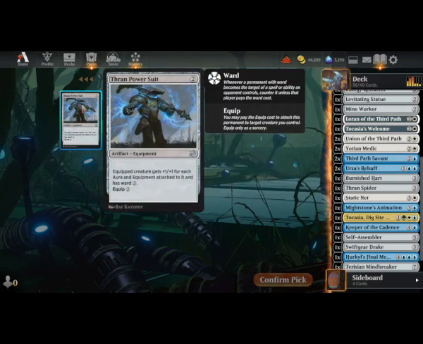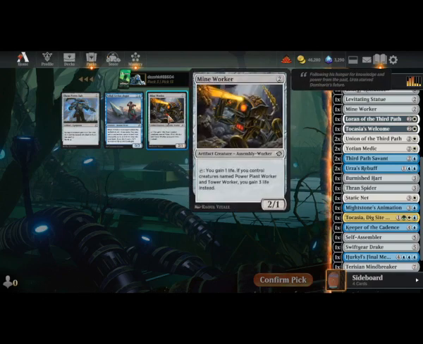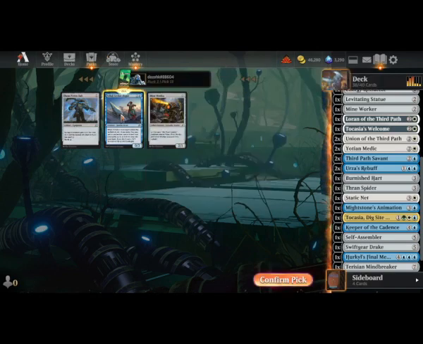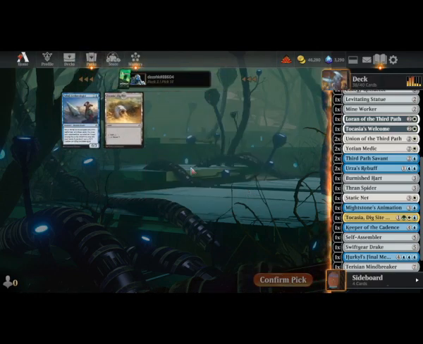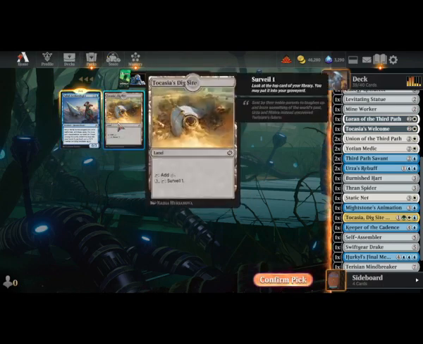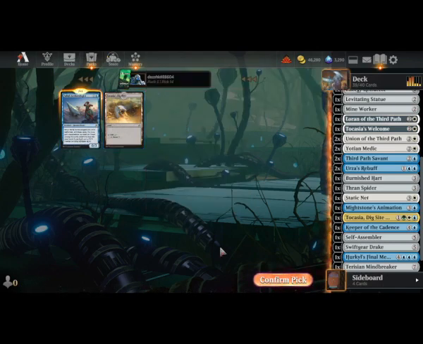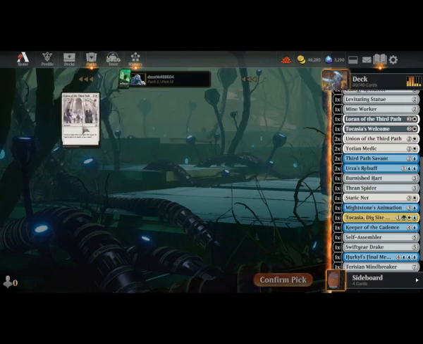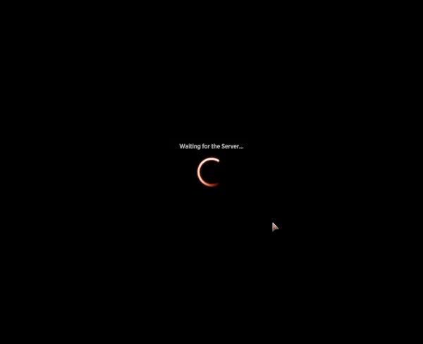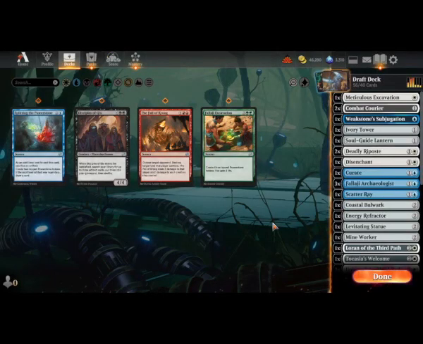Another Mineworker. I've only seen Mineworker and Assembly-Workers really. Let's try the Archaeologist here. Another Archaeologist. That's a lot of Archaeologists. Don't want too many dig sites. Oh, another Union of the Third Path. Okay, let's have 3 of those. Okay. Very different kind of deck for me today. Not sure this is going to be any good at all, but...